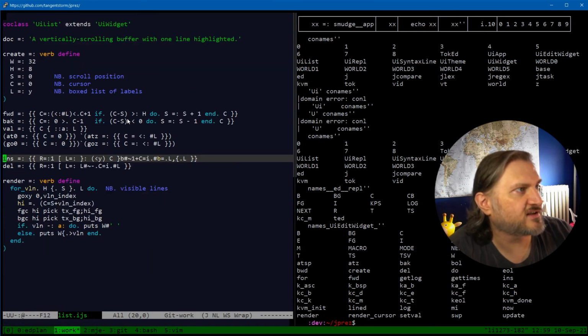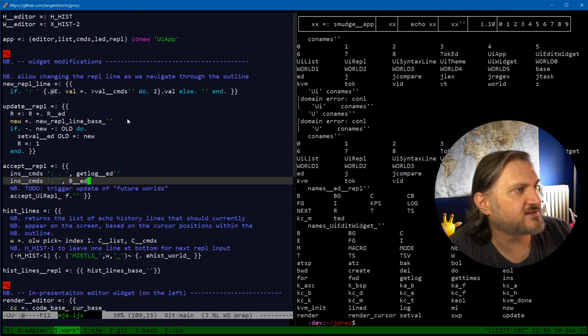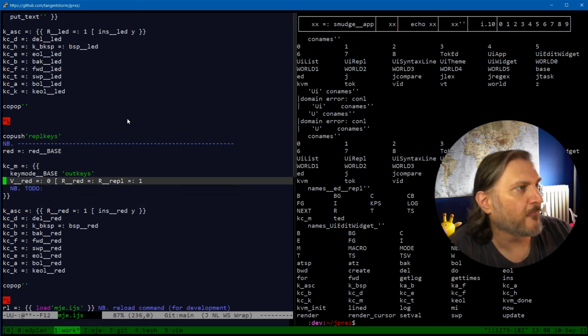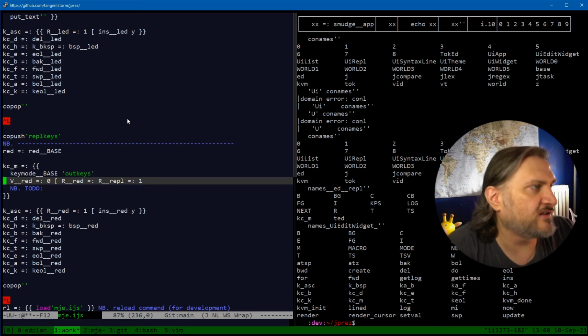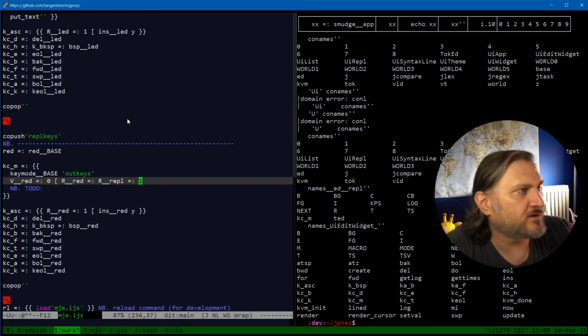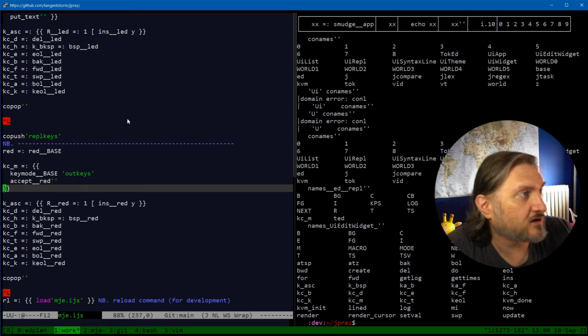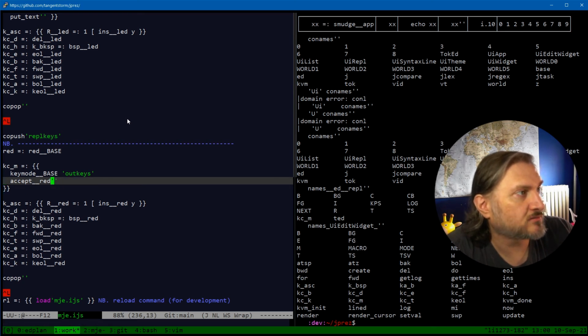Insert of commands does set R of, sets the redraw flag. So my guess is that KCM is not bound, or is bound to, yes it is, okay. So right, I've overridden this in the REPL keys. We don't need this. Do we want to hide red? I'm not sure we want to hide it, but we want to say accept red, or accept REPL,